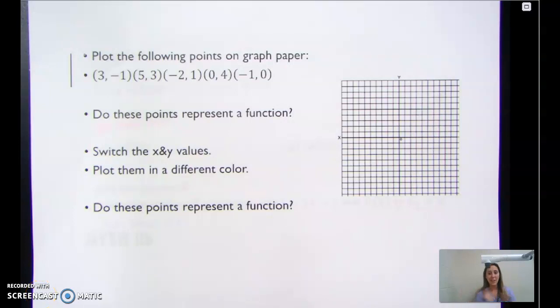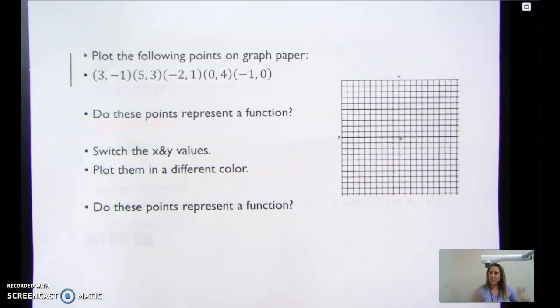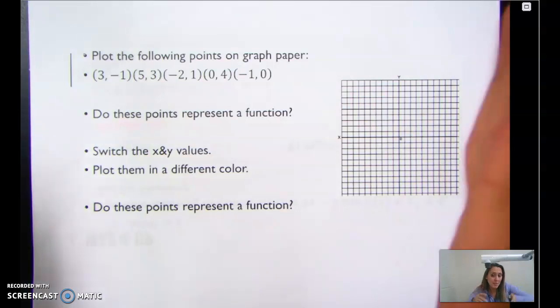Hi functions. Okay, so I'm trying a different strategy. I'm putting my computer in a different spot so you'll see the top of my Elmo. It's not perfect, but at least it's a little bit better, and I'm looking towards the camera instead of always